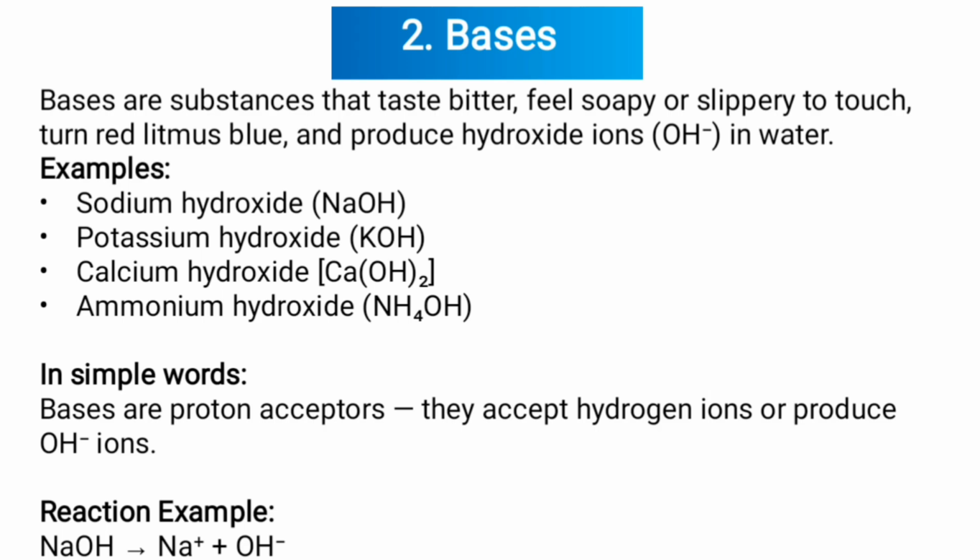These are bases because they have a bitter taste and feel soapy and slippery to touch, also turn red litmus to blue, and also produce hydroxide ions in water. My dear student, in simple words, bases are proton acceptors. They accept hydrogen ions and produce OH- ions, meaning hydroxide ions. Reaction example: NaOH gives sodium ion plus hydroxide ion,